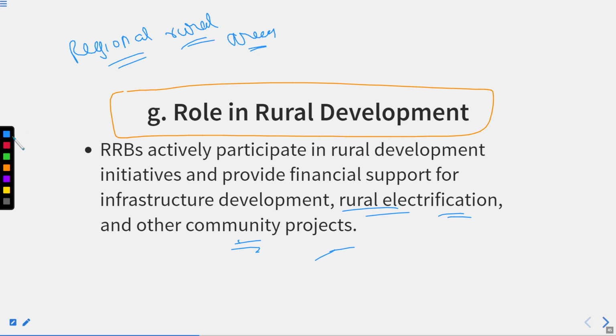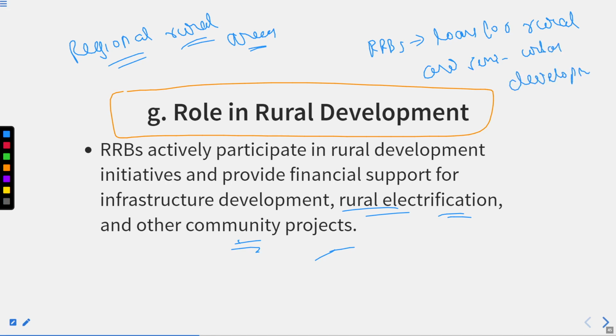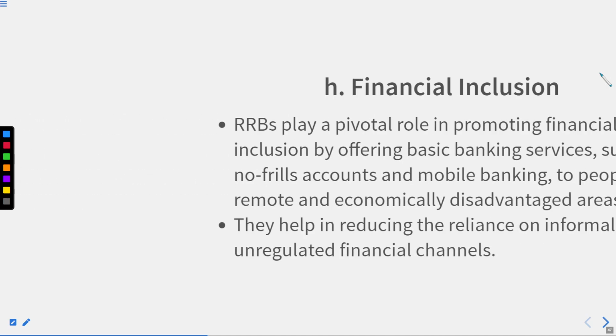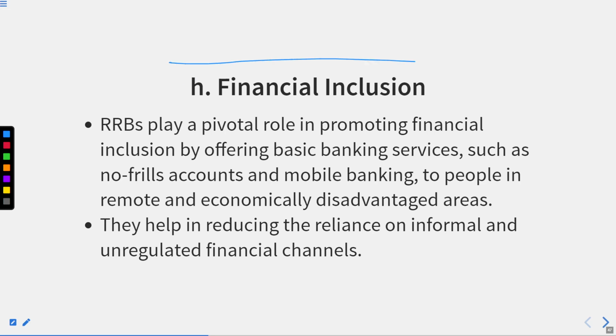So the RRB provides the credit or the loan for rural and semi-urban development. Got it? They also collaborate with the government agencies and the NGOs to implement various rural welfare programs. Alright. Thereafter, financial inclusion, as we have discussed already, plays a pivotal role in promoting financial inclusion by offering